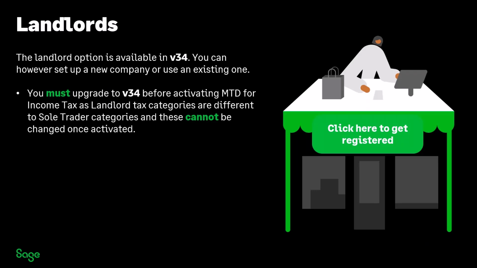If you are unable to upgrade straight away, it might be that you have to wait for IT to do this or whatever, you can still process your transactions into the software without activating MTD. You just need to make sure that you're using the correct nominals that are mapped to income tax categories after